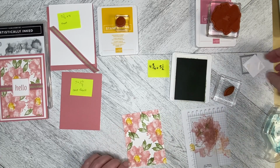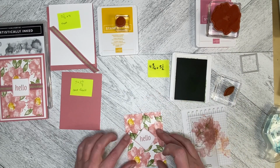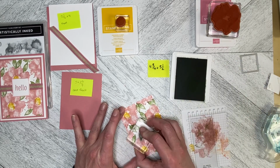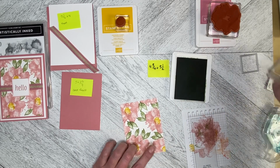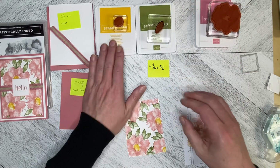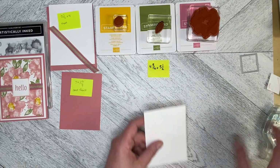Now let's just pull the greeting in. It's going to go there like that. So do I have anywhere I'd like to fill in? And I'm going to put a leaf right there. And I could add a leaf there, but I'm going to leave that space there and I can put a gem in there. Okay, so Crushed Curry, Old Olive, and Rococo Rose are our colors. And now we just need to